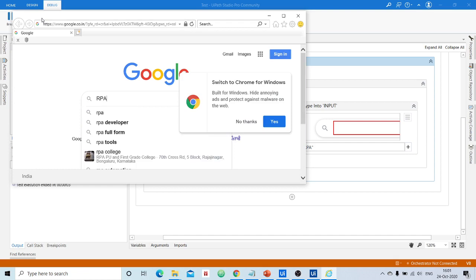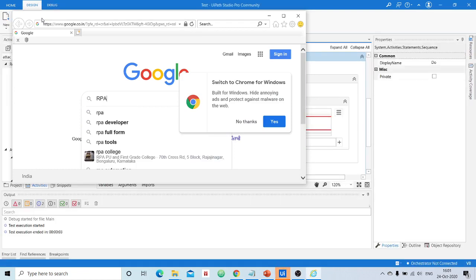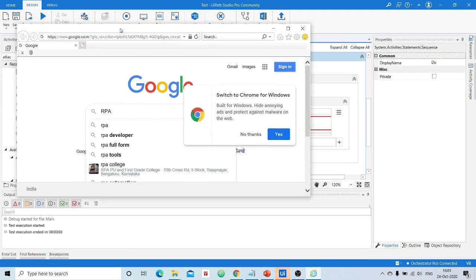By default, which browser has it taken? I am not clear with this. I think Internet Explorer it has taken by default. Can you see here? It is giving the search element as RPA, right? That is the use of Anchor Base.